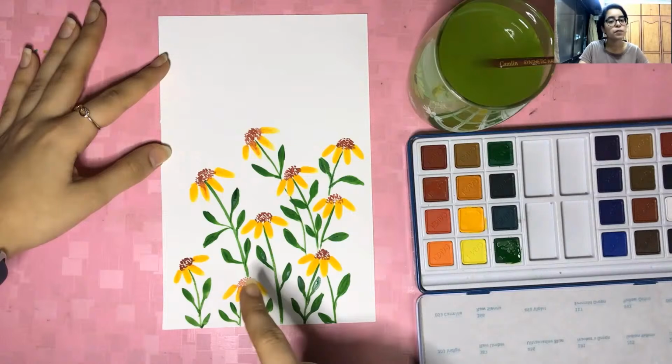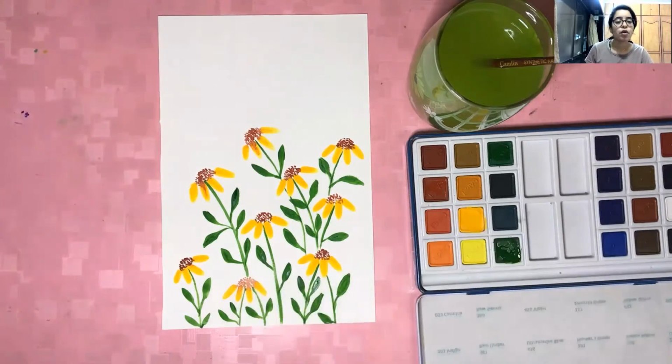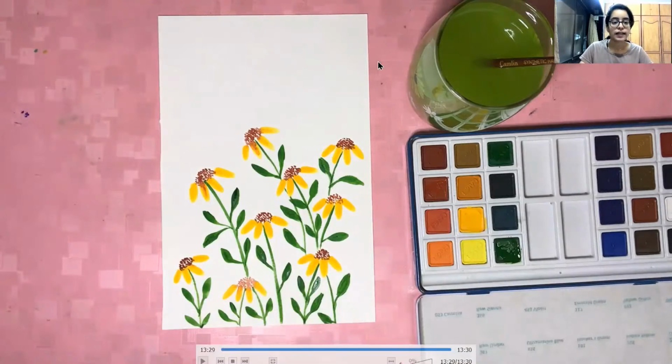We learned about another brush stroke, which was about creating these leaves. This was a little similar to the petal technique, the way in which we created petals, but it was different in that this time we don't dab and lift it, but we dab, we drag it and lift it up smoothly so that we are able to create the lower portion of the leaf, the stem of the leaf as well. So I hope you all enjoyed creating this daisy field with me,